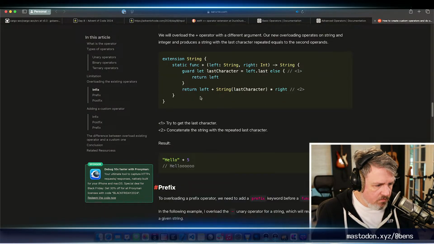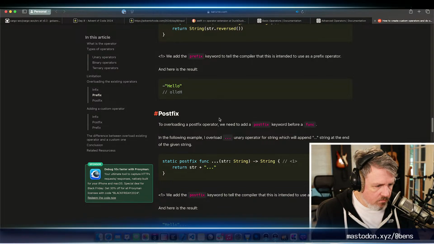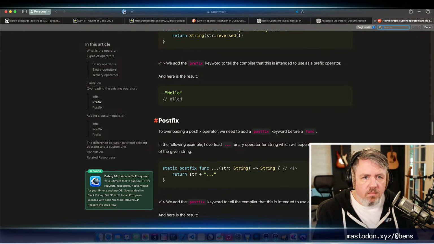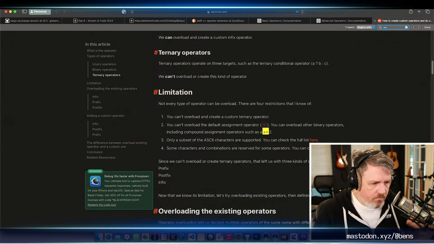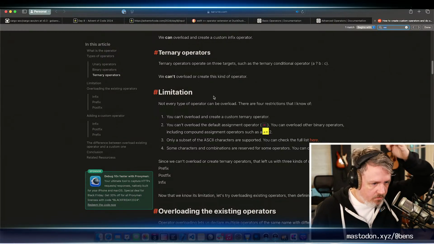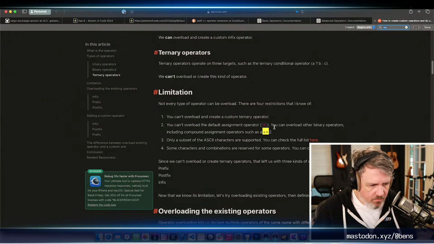You can't, let's see. You can't overload the default assignment, sure.